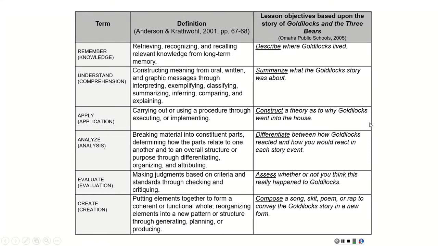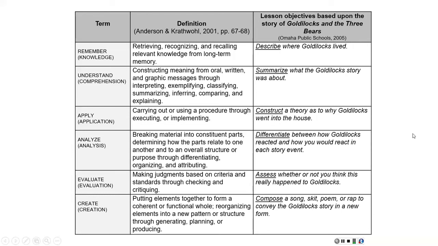They would apply what they had learned by constructing a theory as to why Goldilocks went into the house. They would analyze by differentiating between how Goldilocks reacted and how you would react in each story event. They would demonstrate evaluation by assessing whether or not they thought this really happened to Goldilocks. And then they would finally create by composing a song, skit, poem, or rap to convey the Goldilocks story